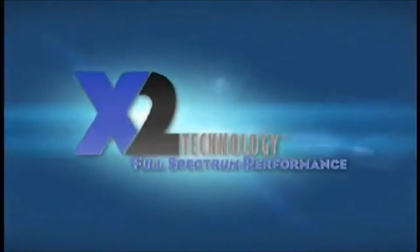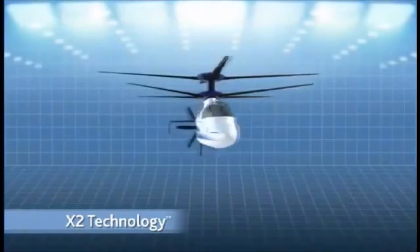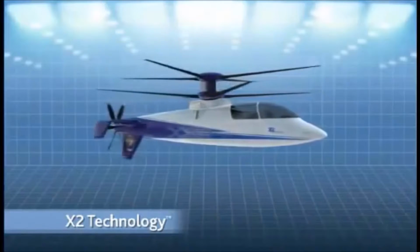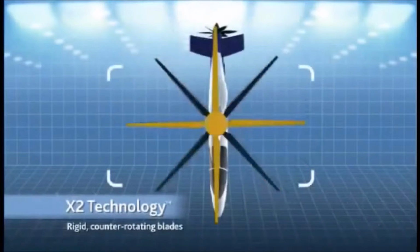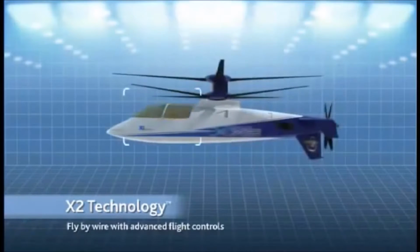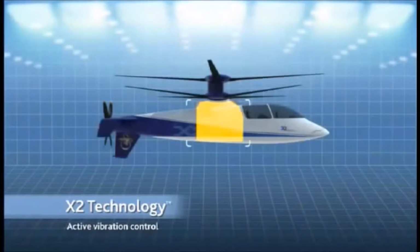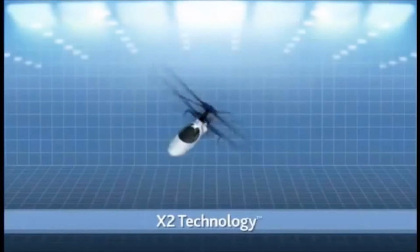X2 technology was born. X2 technology is a suite of technologies that when applied together allows efficient hover and acceleration to high speed with no in-flight transition. Rigid, counter-rotating blades, seamlessly integrated auxiliary propulsion, fly-by-wire with advanced flight controls, active vibration control. Sikorsky successfully developed and flew earlier approaches to a high-speed helicopter. Several technologies enabling high speed with efficient hover have advanced to the point that they can be bundled into a